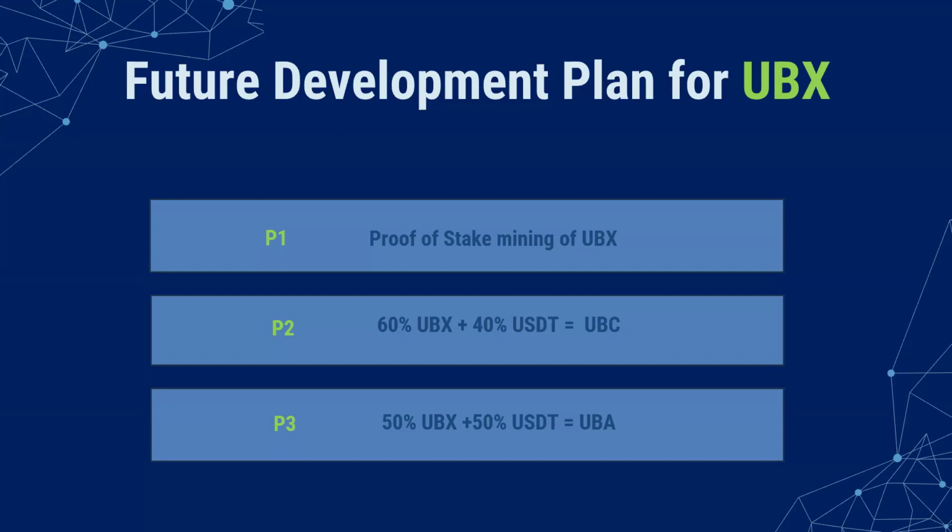which is, what functions should the platform develop first? Should the platform move towards building a blockchain first, or move towards getting listed first? These are the two things in the pipeline. That's for sure. It's already on the plate, but which to start developing, which to make come true first, this is what they are actually considering. That's why P2 and P3, UBC or UBA, we are not sure what it is yet,